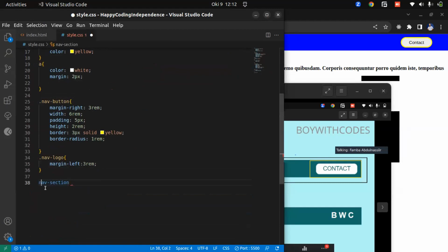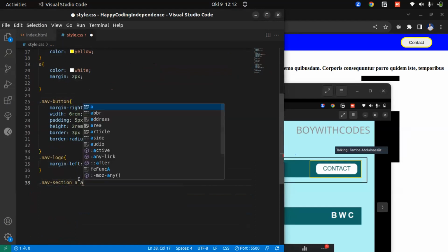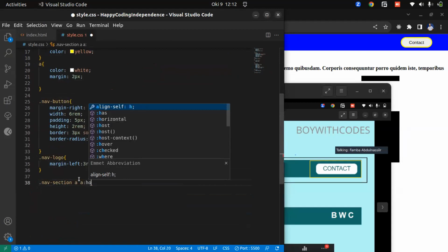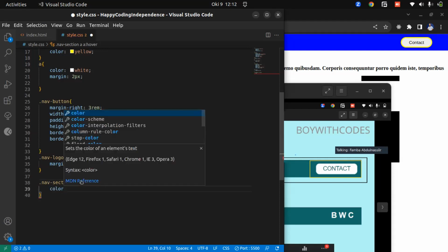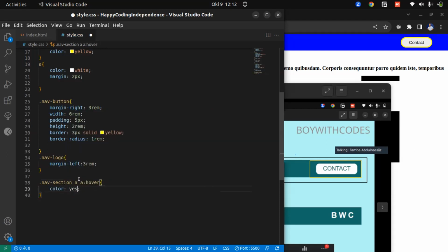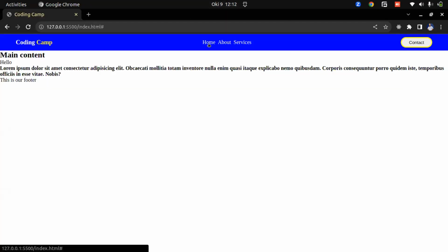We do class. There is no effect of you copying the class and pasting it here, then typing and you type a wrong one. Anchor tags, then anchor, then on hover, when someone hovers around them, what should the color be? The color should be yellow. Maybe you want to change its font. Maybe you want it to be highlighted, and all those things. So if someone comes to that,